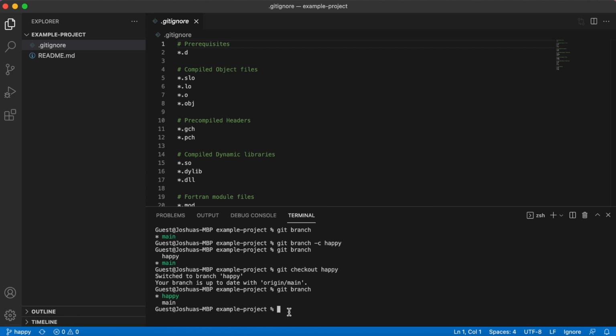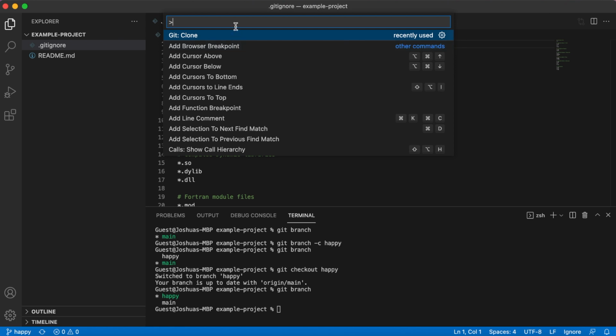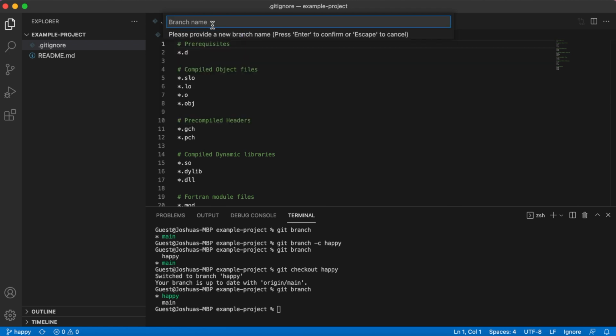Now, if you want to see another way to do this, what you can do is go to view and then do command palette and then type in branch, and then it'll show you create a new branch, and then from there you type in whatever you want from there. And so this one I'm gonna type in sad and then enter,